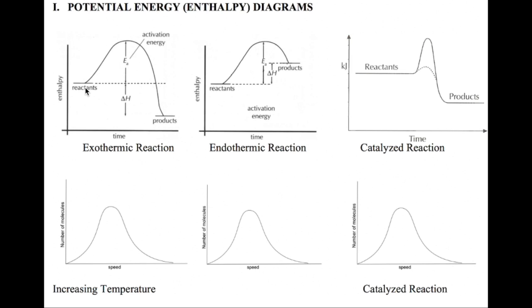Potential energy diagrams show how energy changes from when you start as a reactant and end as a product. Now, shown here is an exothermic reaction in which energy is released. We know this because products are at a lower energy than reactants. However, notice every one of these reactions requires something called activation energy. In order to get started, we have to put energy in order to get to our destination, which is our